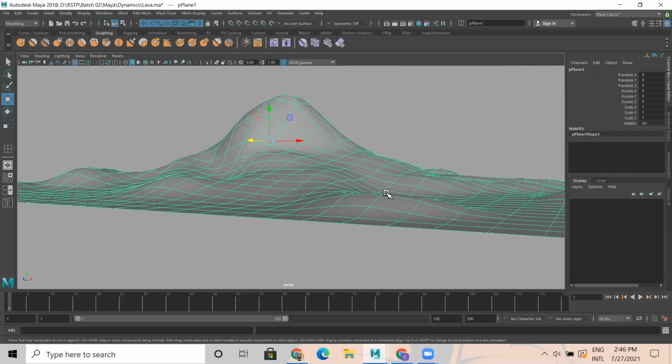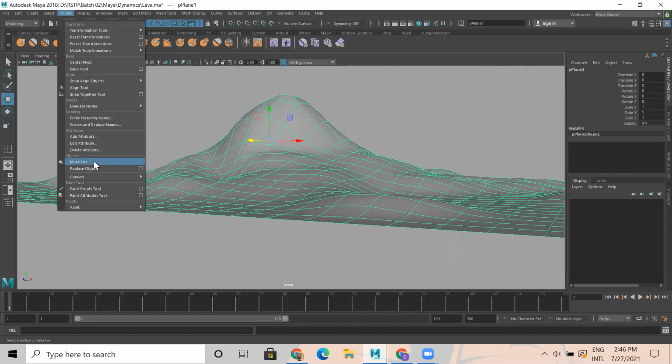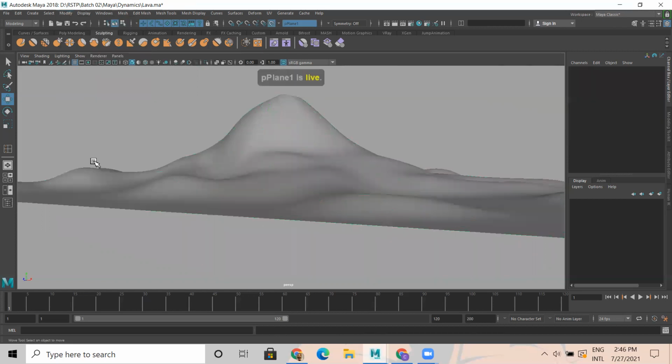So for this, what we have to do is select this particular model, go to modify, make live. I'm going to make this model live so that whatever I create will be on this particular surface.